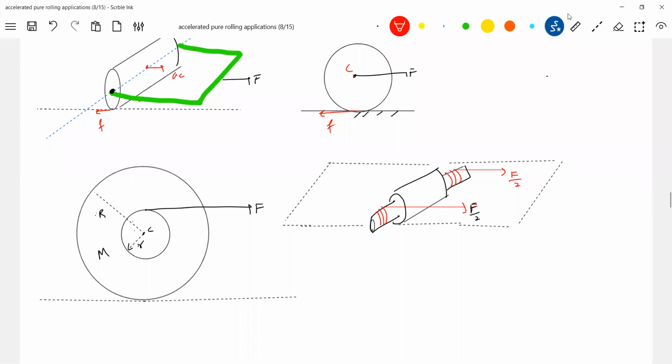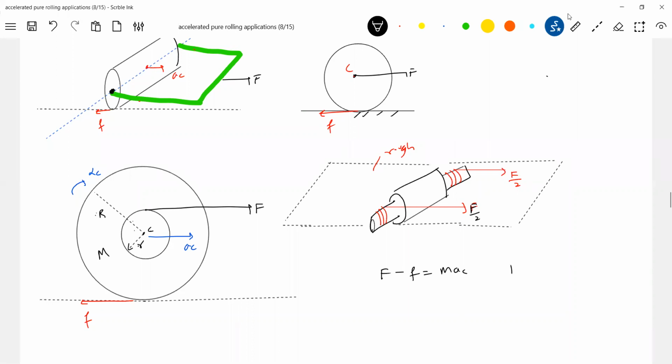What is the moment of inertia? It's not a cylinder, am I right? I can call this a differential pulley or axial shaft, anything you can call it. And the surface is rough. Now I'm asking what is the acceleration of the center of mass and the friction. So what is the method? The friction I'm just assuming like this. Sir, how can you say? I don't know, I'm just assuming that. The acceleration of the center of mass, let it be a. What are the equations of motion? You can write it: F minus small f equals m a c.